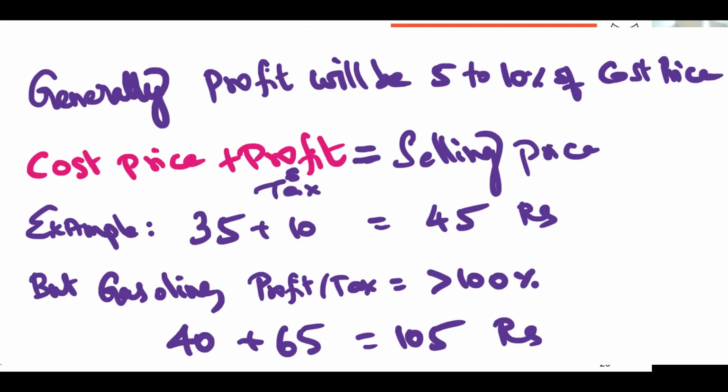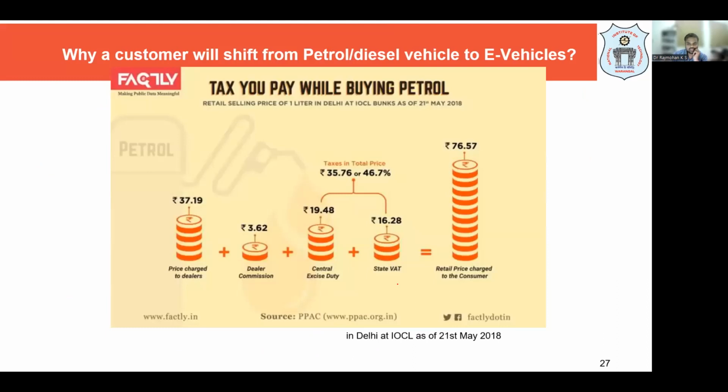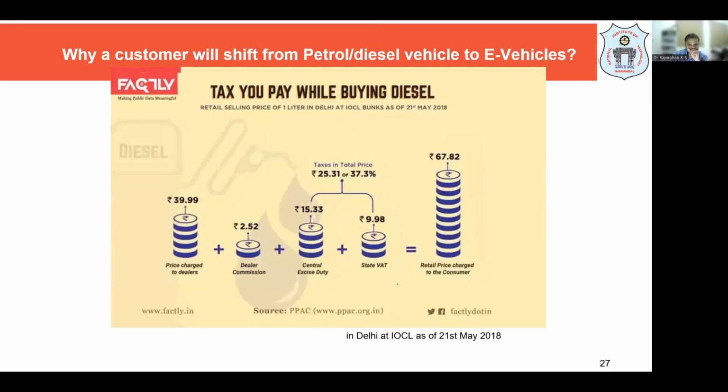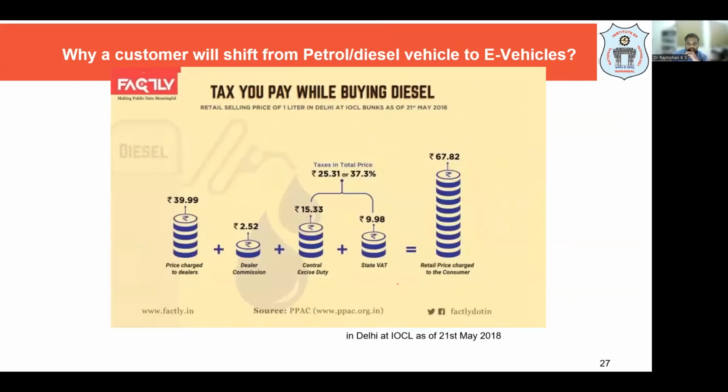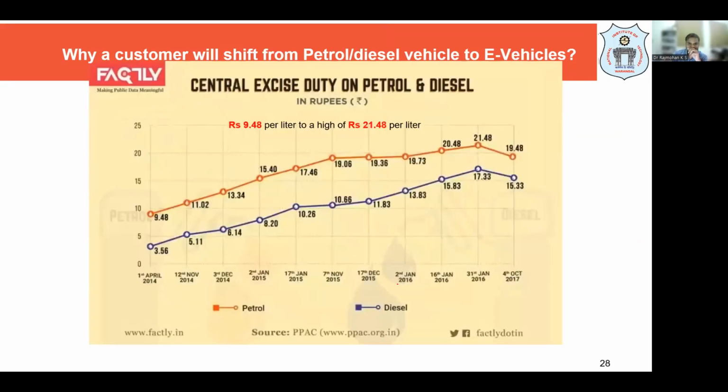But when the government decides to tax a lot, we end up paying more like this. So as consumers, we are not able to buy these petrol and diesel cars, and we want to shift to alternatives. So I cannot sell this car, I will move to some other cars, because there is a reason for the price increase: tax is increasing like anything.